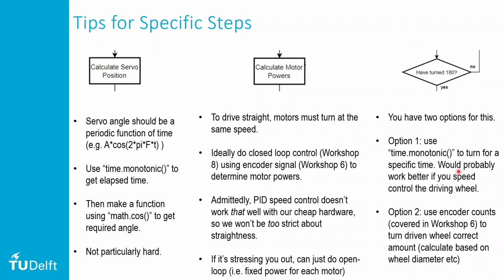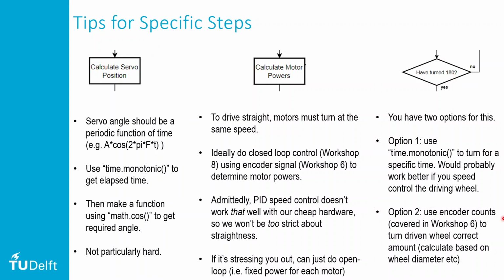That might work better if you're controlling the speed of the driving wheel, but you could probably get something relatively close to a 180-degree turn with just a fixed power input to the one wheel and timing. But if you went that route, you would be very susceptible to changes in your battery charge, because